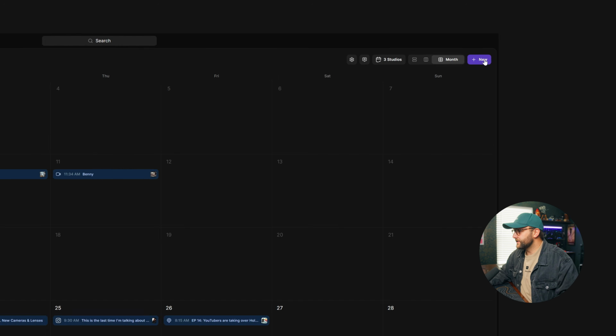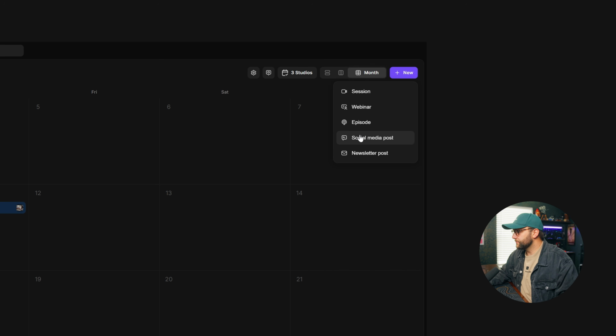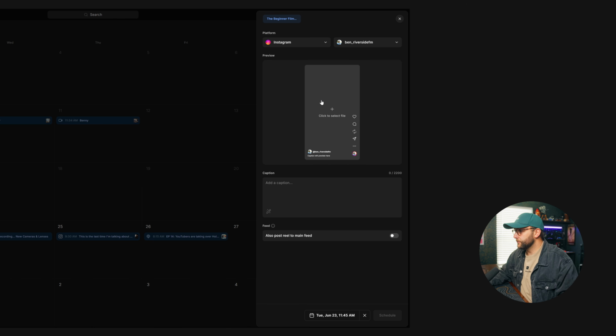You can connect your Instagram, YouTube, TikTok, X, and LinkedIn accounts to Riverside with Facebook coming soon. Once your accounts are connected, those platforms will be ready to go when it's time to schedule a post. Now that your accounts are connected, create a new social post in the planner. We've already seen this. Come up to new, go to social media post, choose what platform,